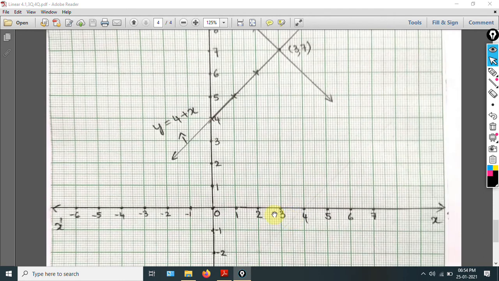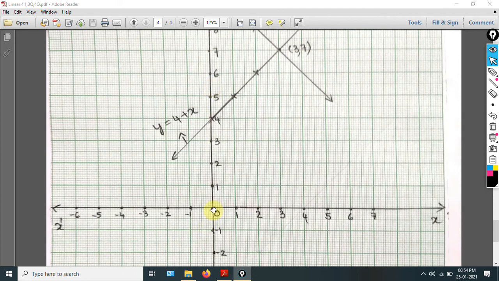It means that from here to when it moves to another box we should increase 1 only. 1 we will get. From here to next box it will become 2. From 2 to next means it will become 3. Next, from 3 to next box it will become 4. So 1 we have to increase like that. It will go on. This side also will go on like that, but here negative numbers will be there. -1, -2, -3, -4 like that. Okay. Always on the x-axis the right hand side will be positive value and the left hand side will be negative value. Okay. On the y-axis also same.